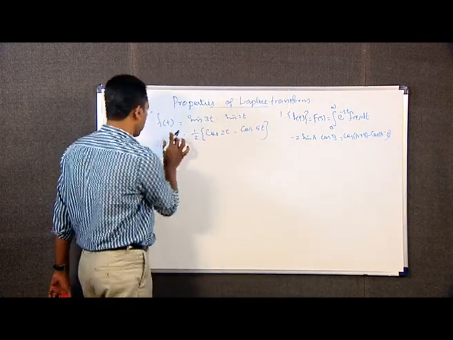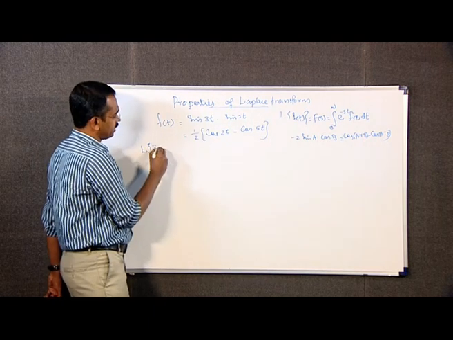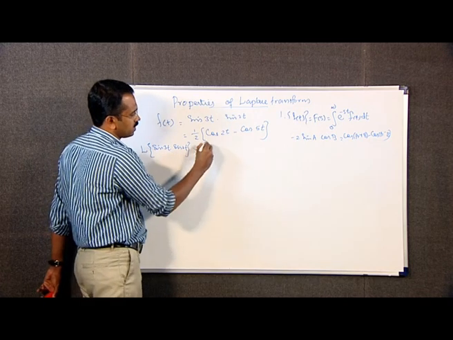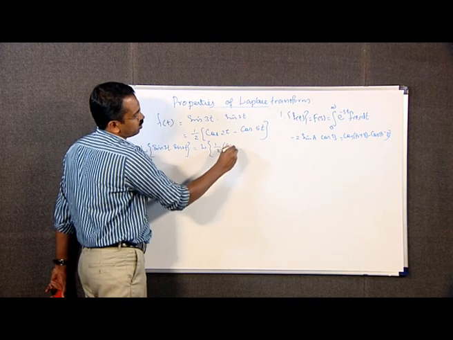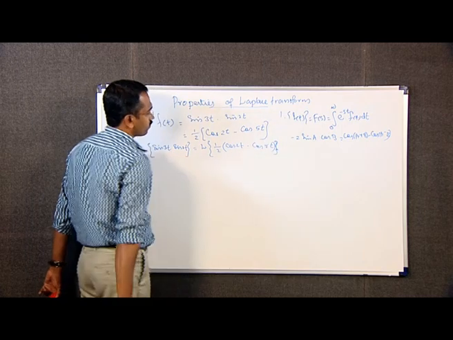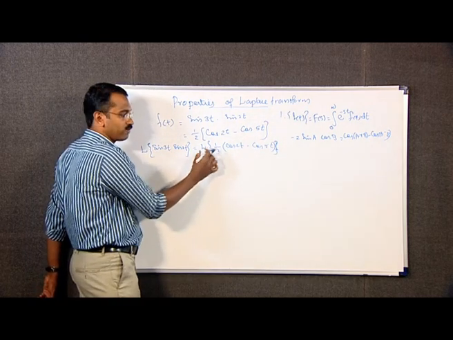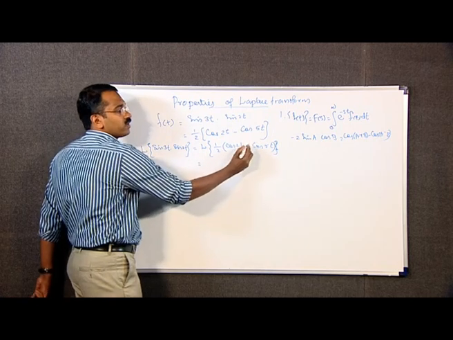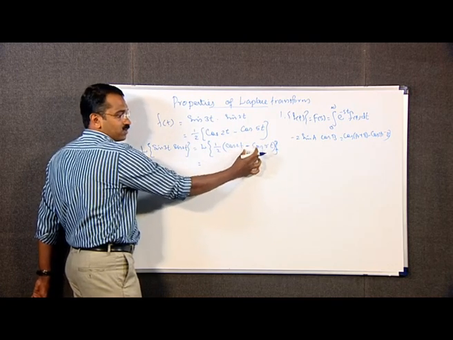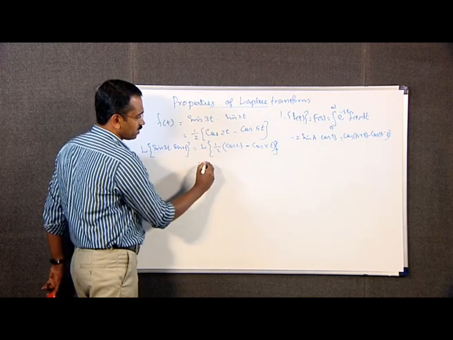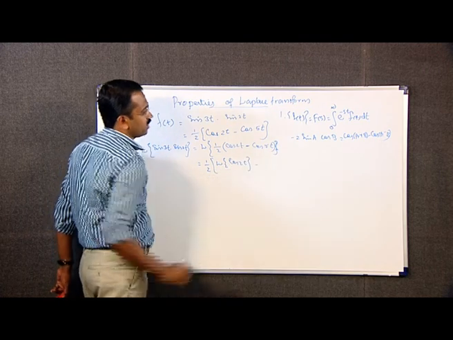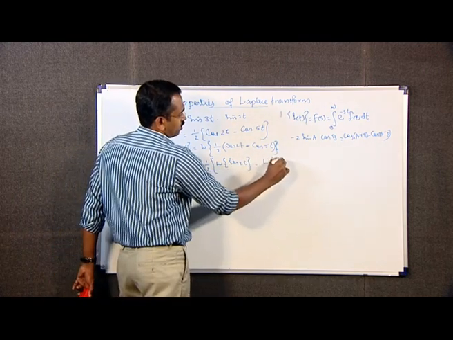Therefore, Laplace transform of this function sin 3t into sin 2t can be written as Laplace transform of 1 by 2 into cos 2t minus cos 5t. This 1 by 2 can be taken outside of the Laplace transform, and we can write this as two terms, that is 1 by 2 into Laplace transform of cos 2t minus Laplace transform of cos 5t,